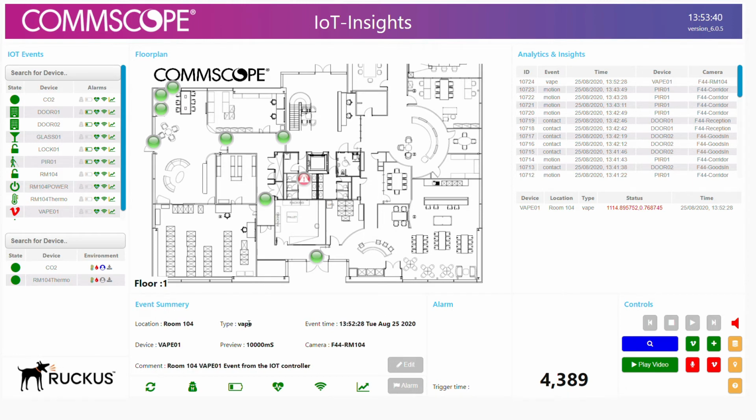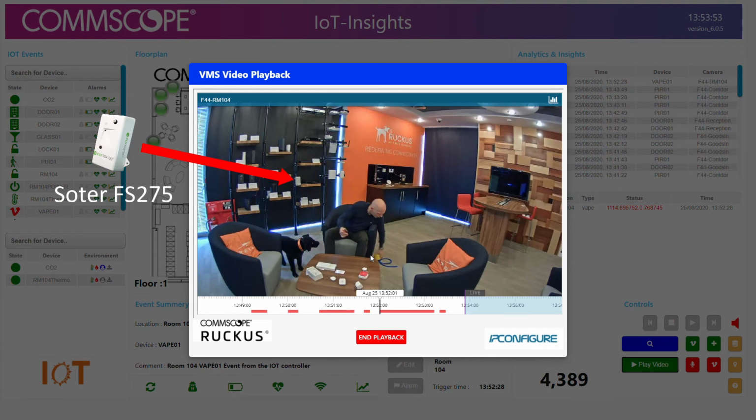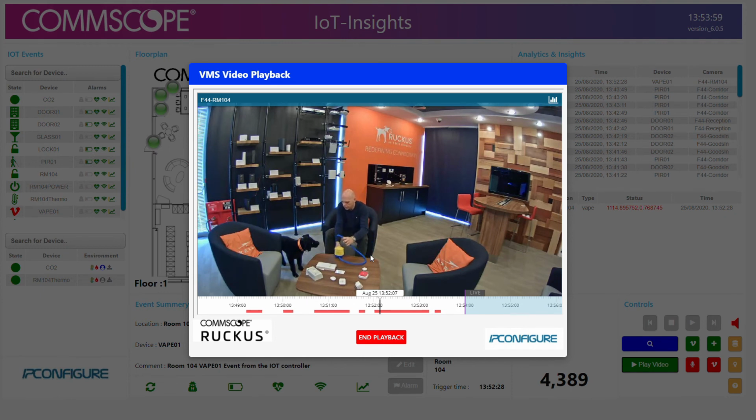So we get the location of where that device was triggered, we get the timestamp of when the event happened, as well as a whole lot of information about that event. We're able now to hit play and pull back the video in real time from the VMS of that event happening. So we can see the sensor on the wall behind me there, and then we've got a vape device